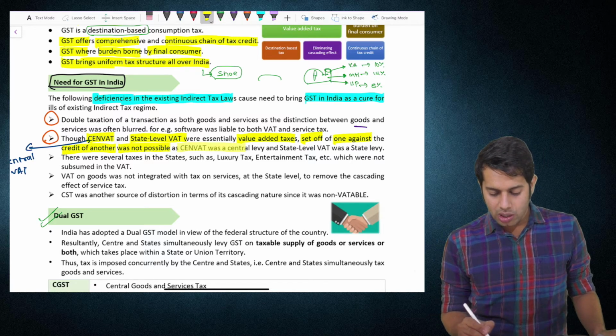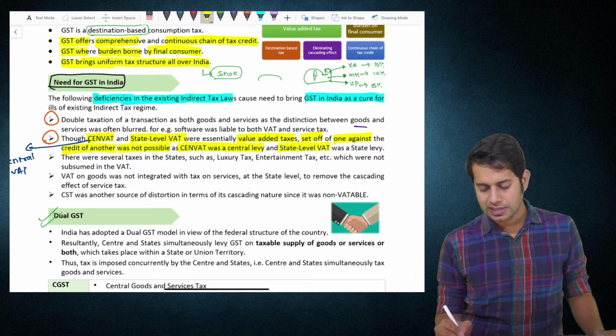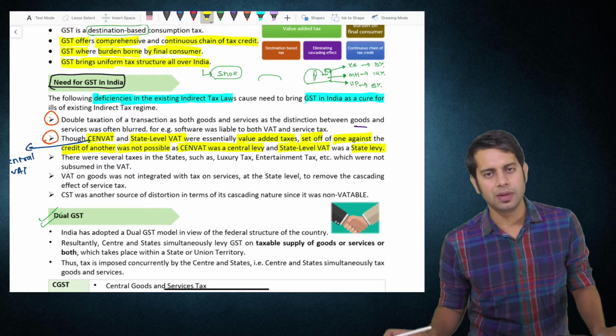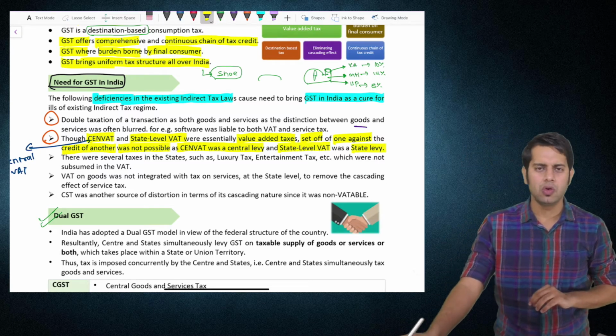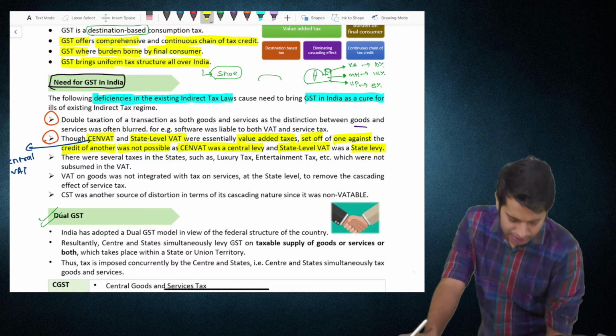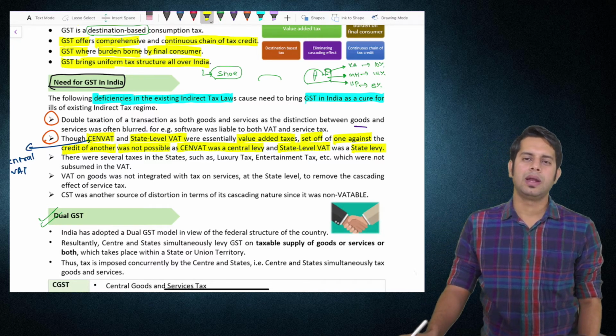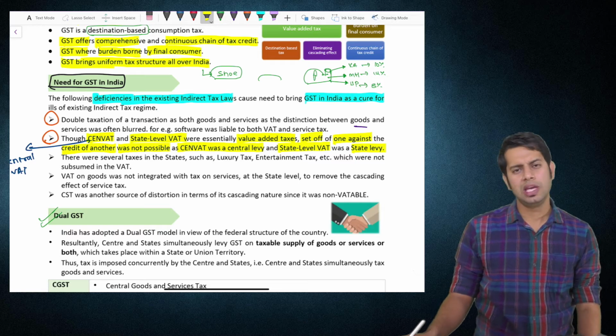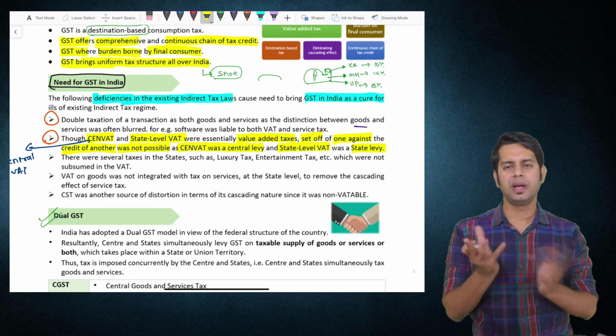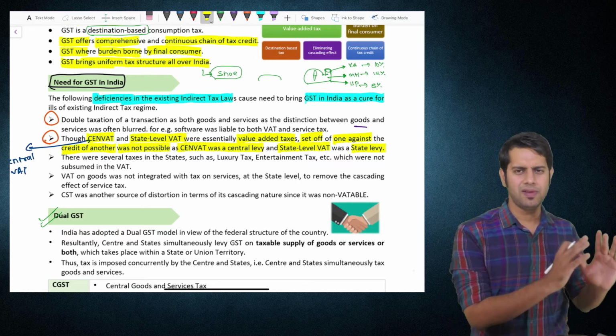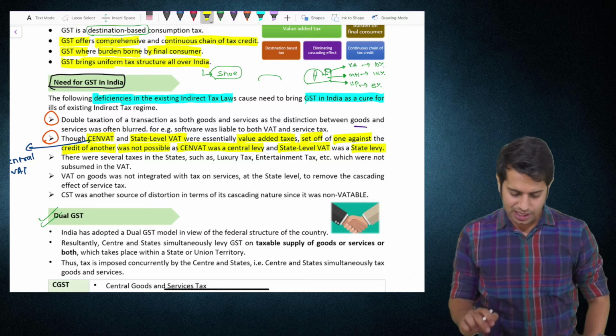Why? As CENVAT was a central levy and state level VAT was a state levy, CENVAT was collected by the central government and value added tax by the state government. They told, I am not going to give you the benefit. Both the governments started fighting. Central government said, this is a tax which I will take. State government said, this is a tax which I will take. Then